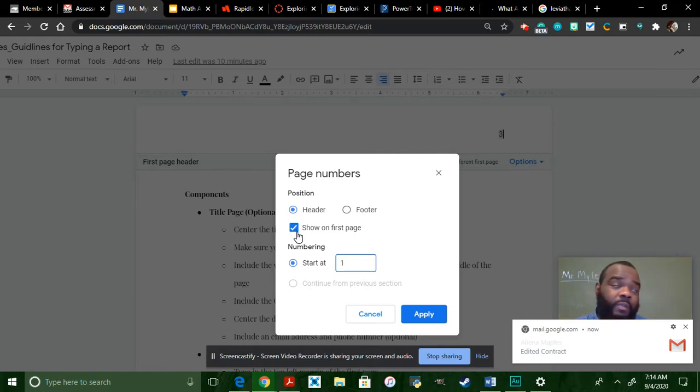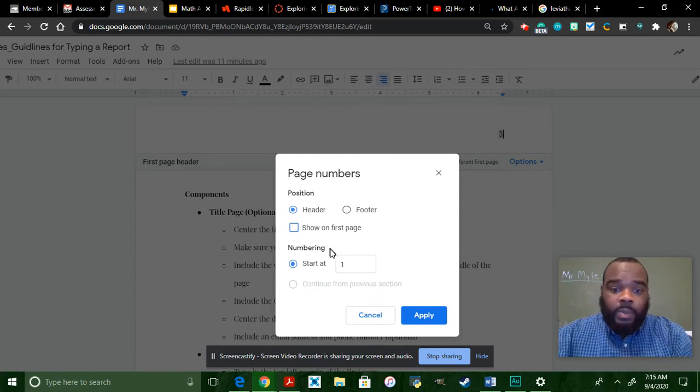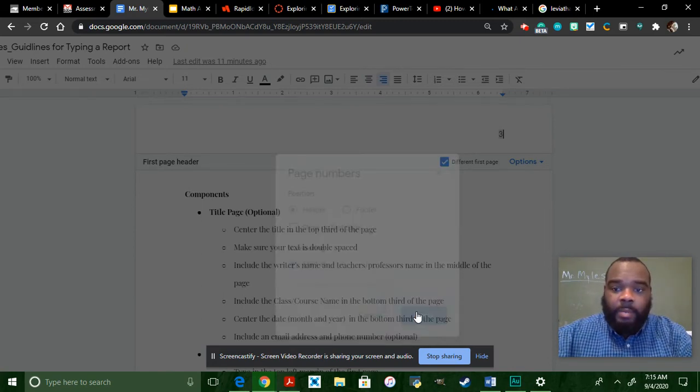In the case of if we had a title page, I would not put a page number on the title page. So if that was the case, we would uncheck this box here so that the first page number will not display on the title page, and number 2 will begin on the page following. So we're going to uncheck that box. We're going to click apply,